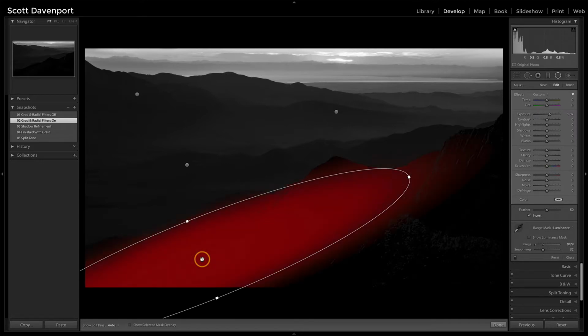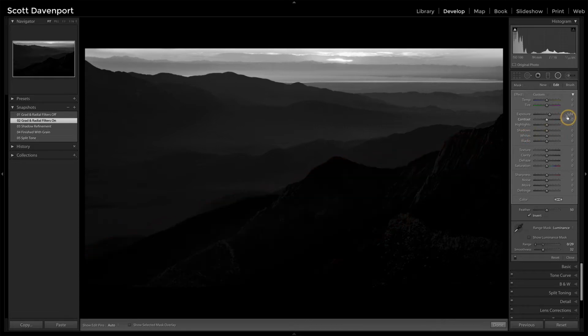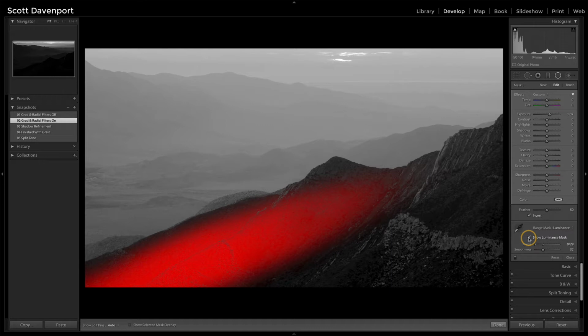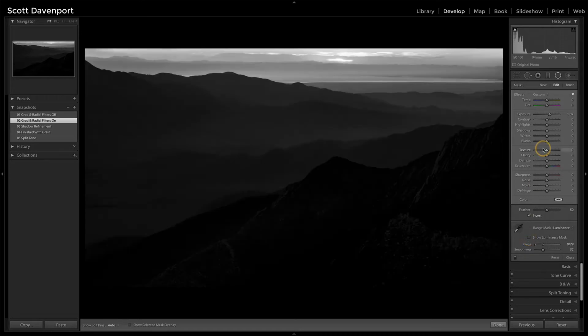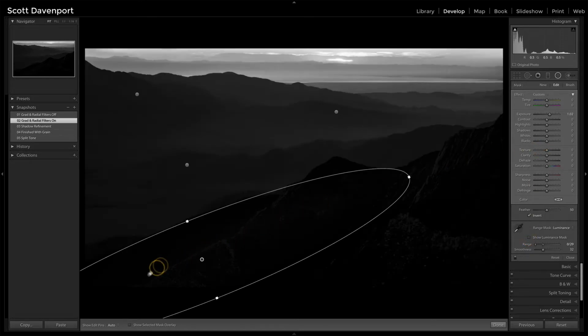You can see I'm covering a large area, but because it's so underexposed, it's doing a full one-stop exposure increase, but leveraging the luminosity masks. If I show that luminance mask, I'm going to see it's not really affecting everything, but it is brightening things up quite a bit, right? That full stop there. So seeing just the hint of that ridge line, I kind of did the same thing